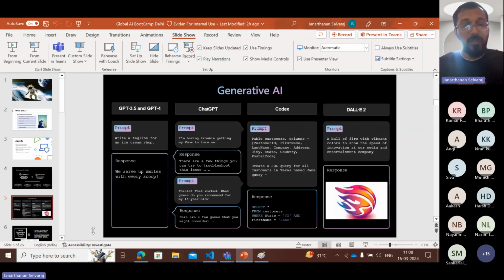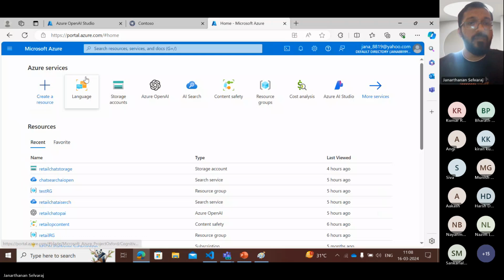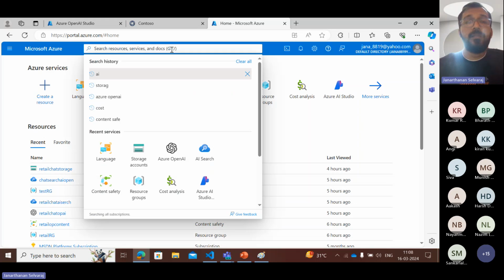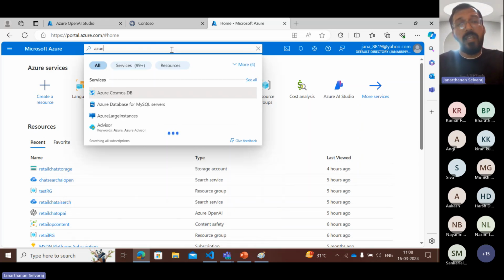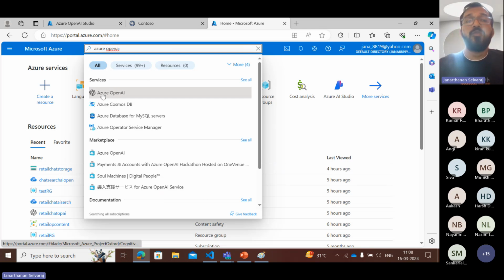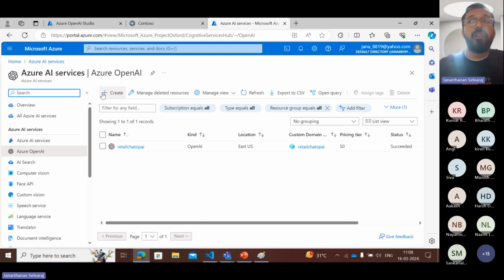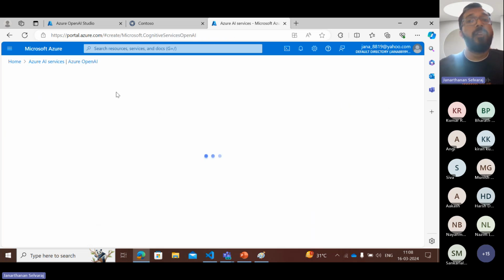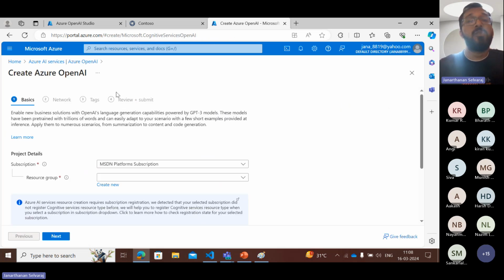So let me show you the Azure portal. In the Azure portal, you can notice that under the Azure AI services, your Azure OpenAI is a part of your GenAI services. The moment you click Azure OpenAI, you have to create a resource for Azure OpenAI. By default, the Azure OpenAI resource will not be available unless you have access. You have to request access through Microsoft Forms. So within 5 business